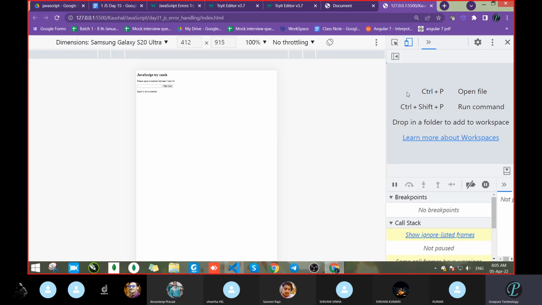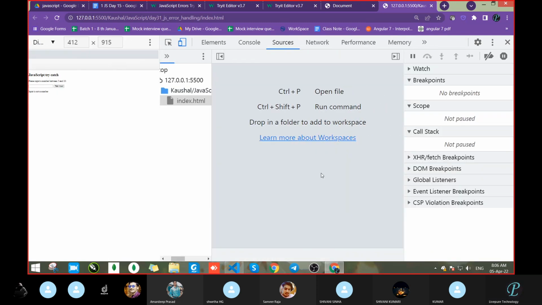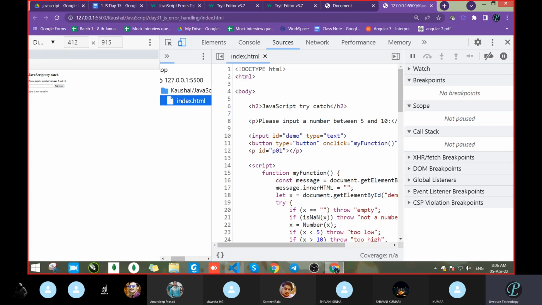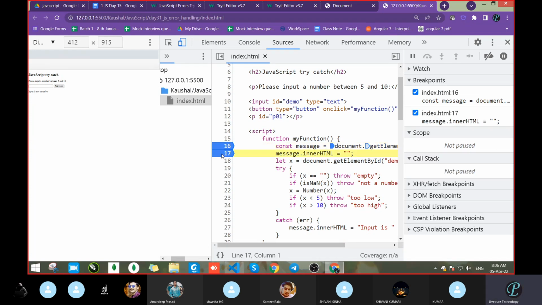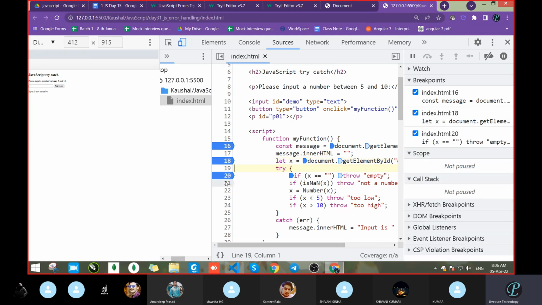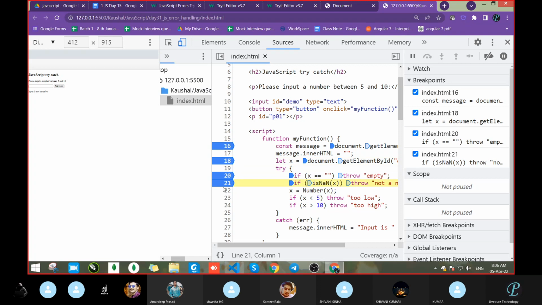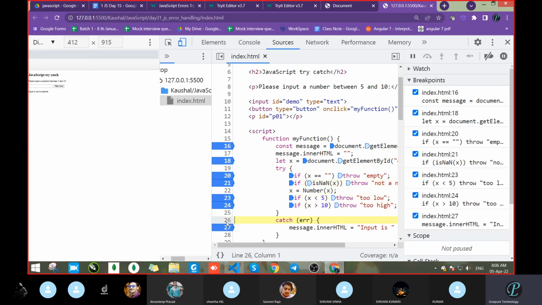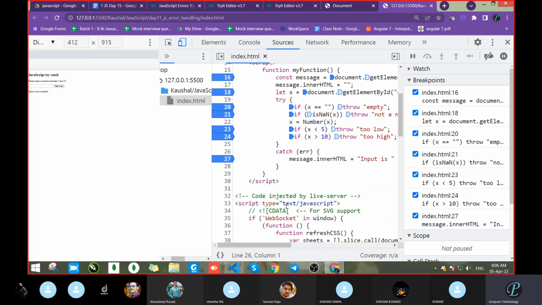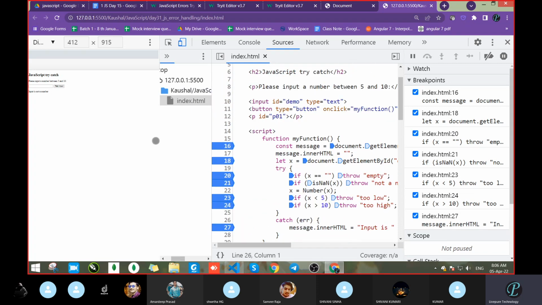Open the source control, open the source file and go here. And where is the file? Yeah. So now add the breakpoint. Can anyone tell where to add the breakpoint? So let's start. I will not add too many. This one, this also. Okay, fine. Go inside the try block, and on each line in the try block, add that. And add here also. Anything more? No. Let's say I start that debugging process.